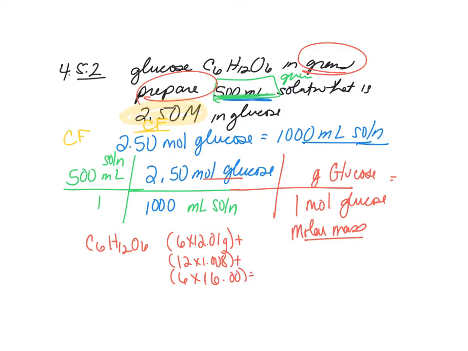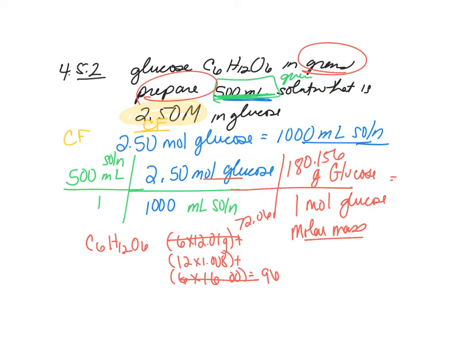And so when I do that, 6 times 12, that's 72.06. I have 6 times 16, 96. And then I have 12 times 1.008. And so I get